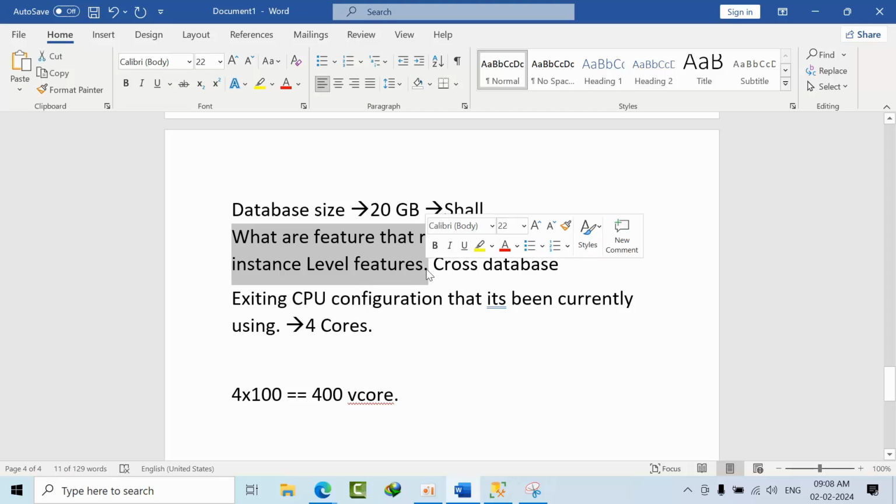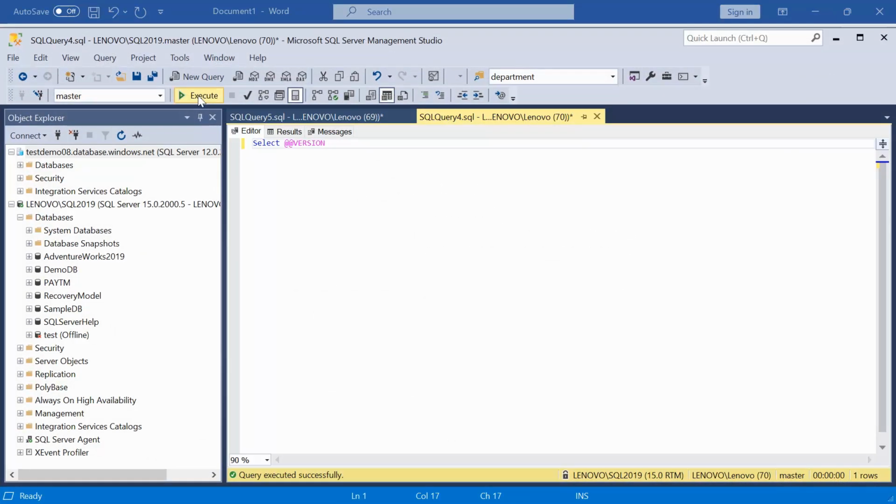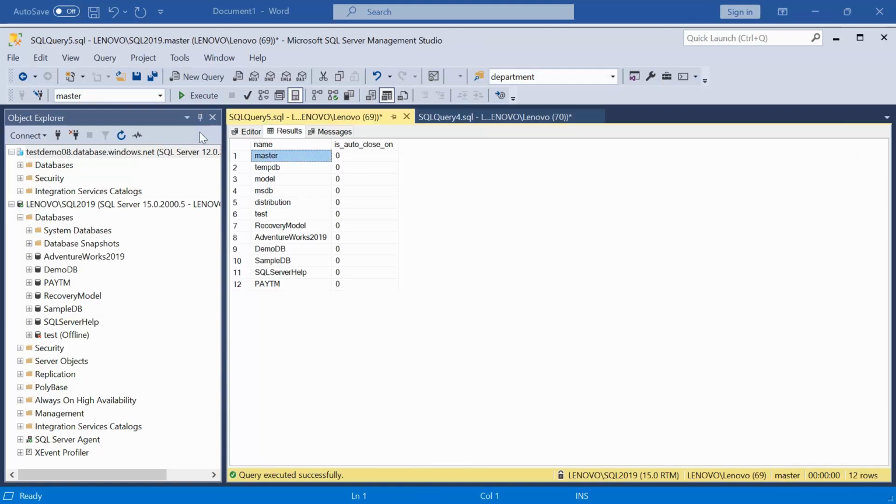Cross database queries support will be there only for select commands, not for the DML commands. So it means we are not suitable, or what other alternatives do we have? We have some features in general purpose. I will show you one thing, 2019.